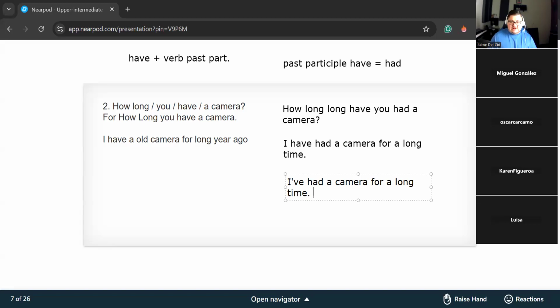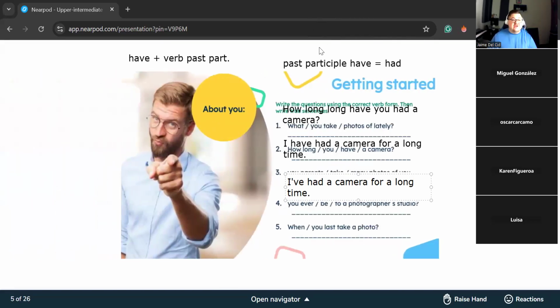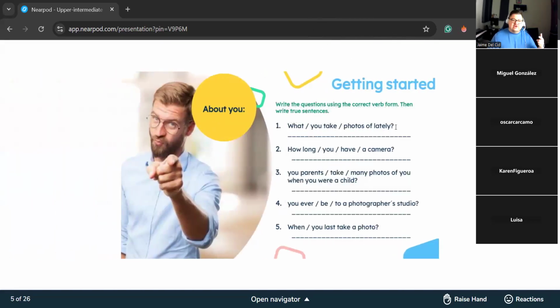Okay. So I think that we have that covered. So good. What are we doing here? We are trying to learn how to decipher what is the right tense. So the first one, we identified that it was the present perfect continuous. The second one, we noticed that it was the present perfect, not continuous, just the regular one. Now, what about